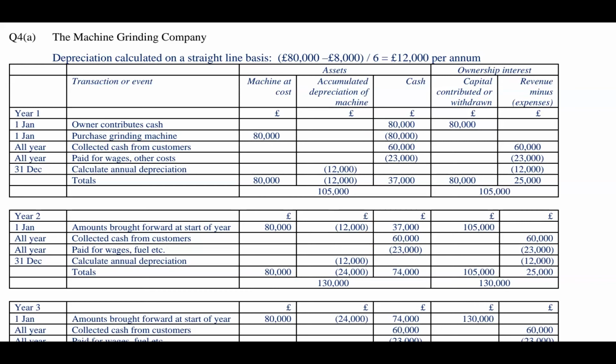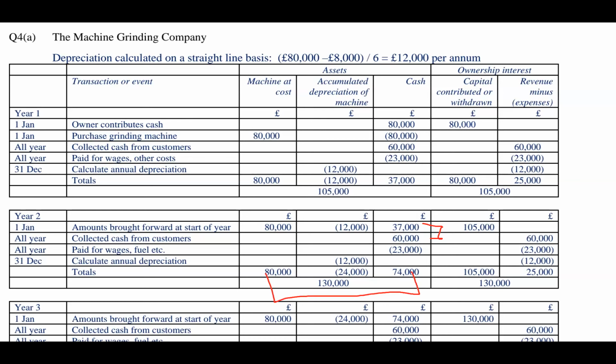Then cash now. How much is our cash? We are adding everything. The 37,000 plus 60,000 minus 23,000, minus the expenses, giving us 74,000. And then the last column, you do the same. 60,000 minus 23,000 minus 12,000, giving us 25,000. Then you add these three,